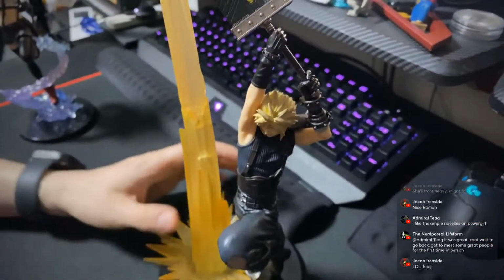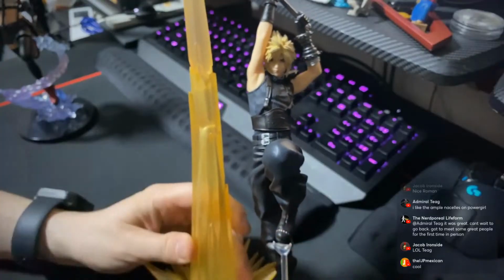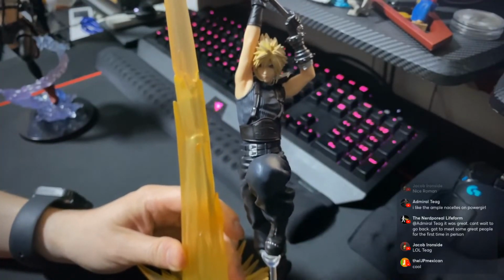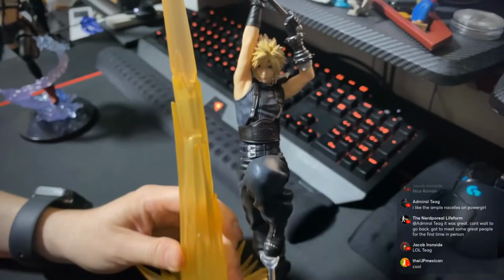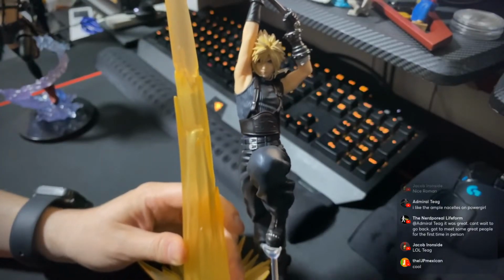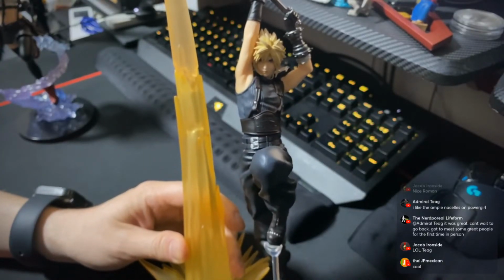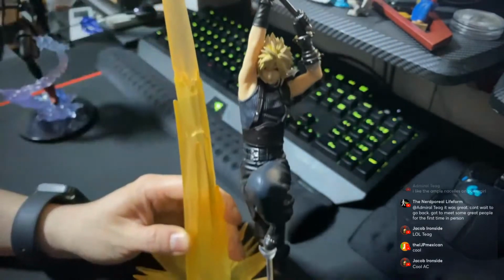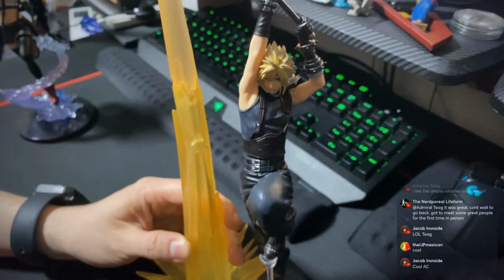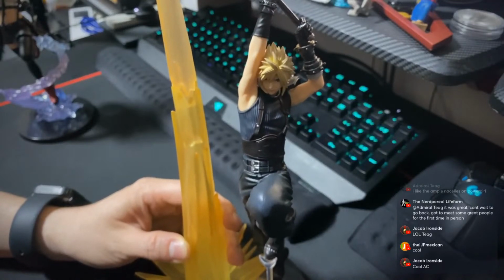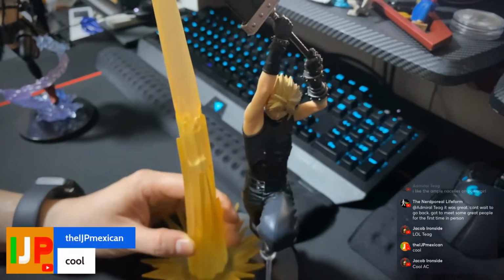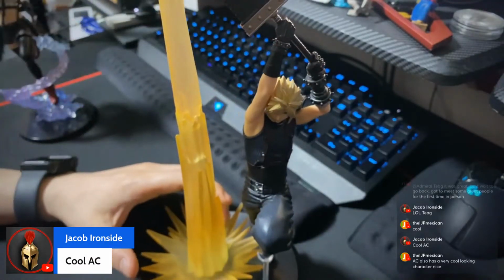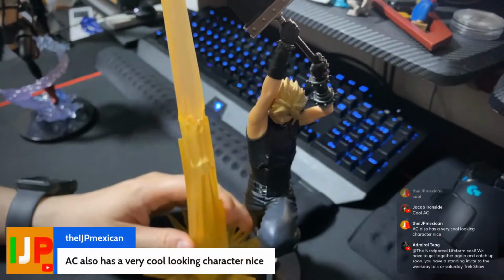So the story behind this is out here in Japan, they do these things called prize lotteries, at convenience stores and bookshops and some other stores. There's about 50 prizes, and they do them based off of themes. Like this is Final Fantasy VII, and they'll do it for Marvel, sometimes Dragon Ball, video games, whatever. It's usually around a promotion period. I think this one is because the game was coming out on PC, so they did a big promotion for it.